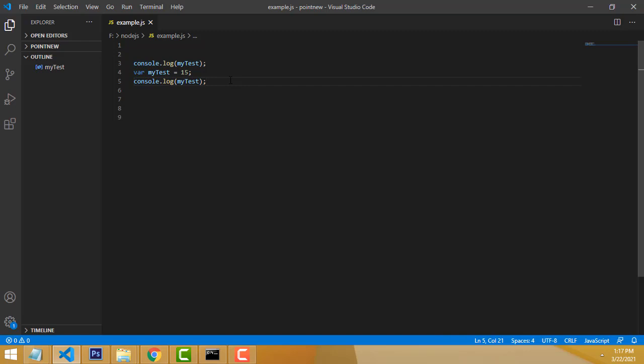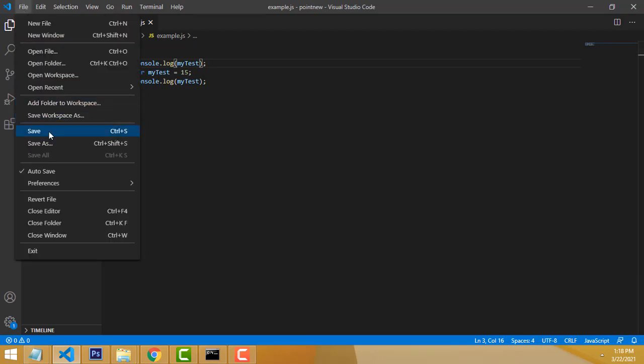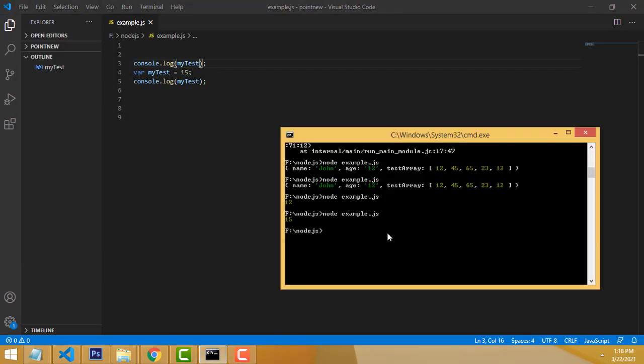So how does it work in Java? It will throw an error, because in Java you first have to compile the program. When you compile the program, you will get an error, because there is no myTest variable displayed. So how does it run in JavaScript? You will see here, it will take it as an undefined variable.